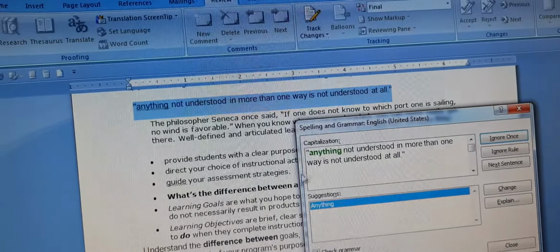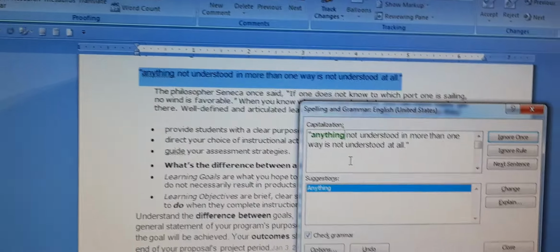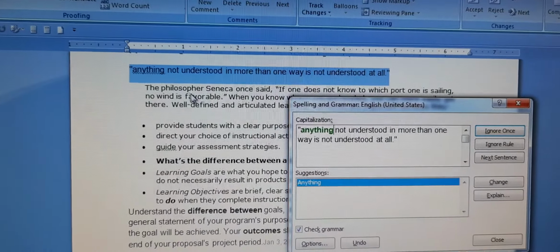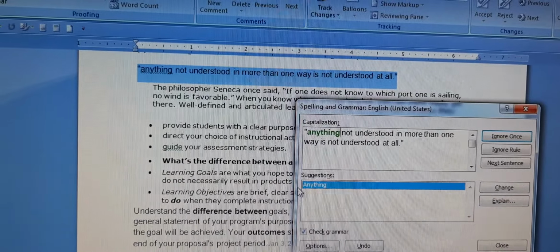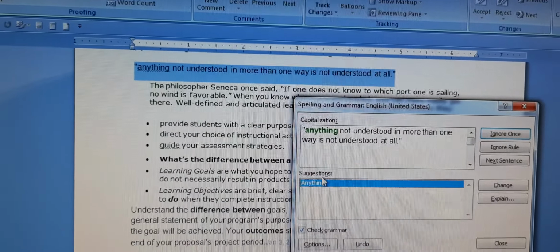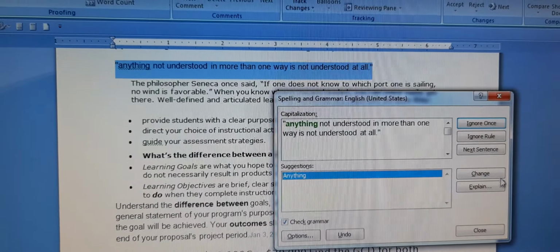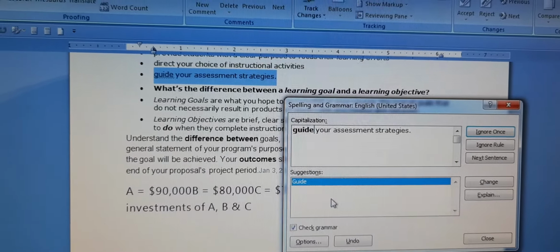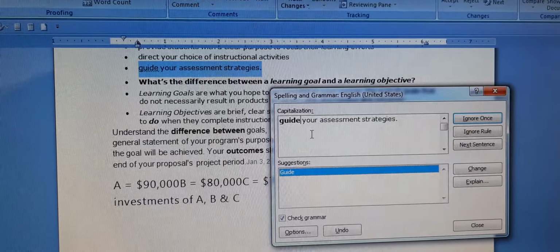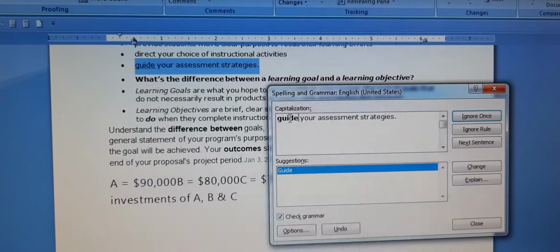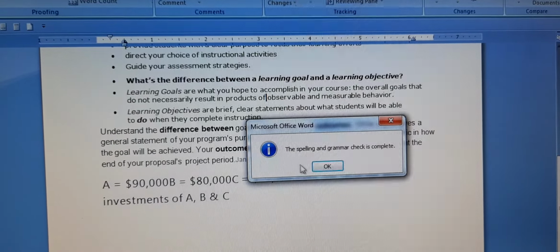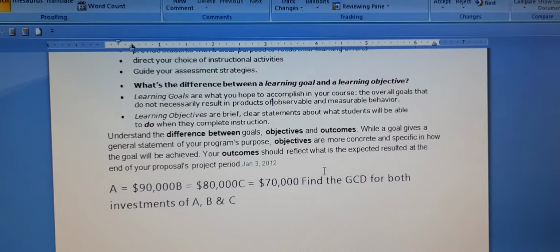Now it is showing a grammatical mistake, that is capitalization, because the sentence is starting, so it should start with a capital letter. So I will change it. Then you can change here also, because again the sentence is starting. Now the spelling and grammar check is complete.